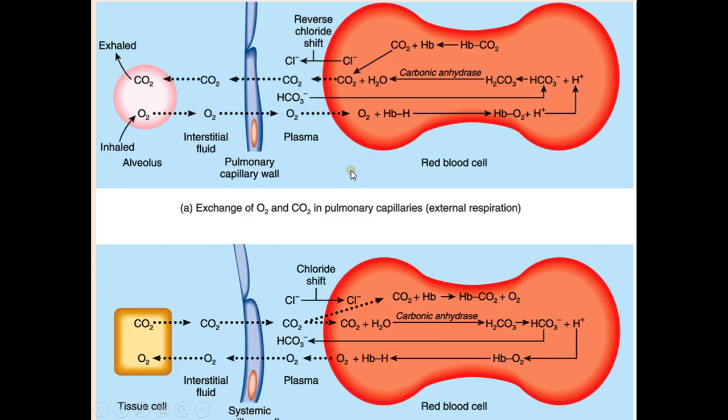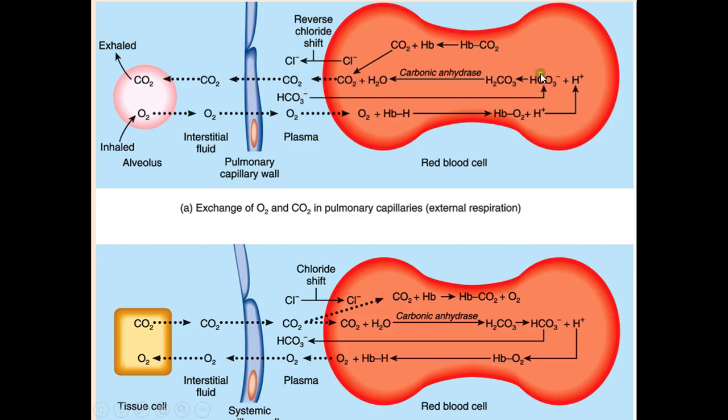Because of this, the affinity of hemoglobin towards oxygen increases and oxygenation of hemoglobin occurs. Hemoglobin releases the protons. These protons are captured by bicarbonate ions. Bicarbonate ions from the plasma diffuse into the red blood cells, and reversal of chloride shift occurs in the lung